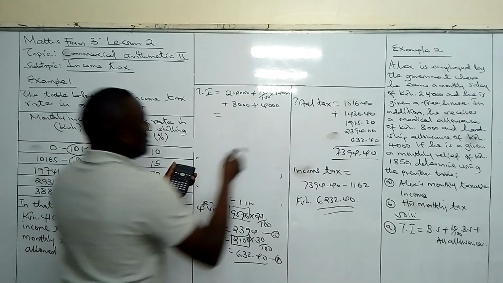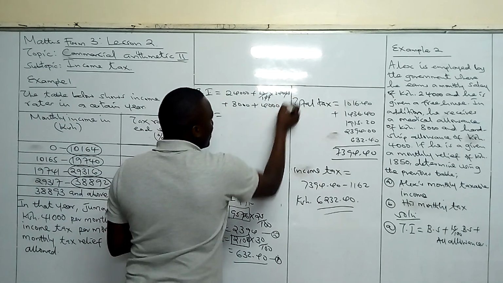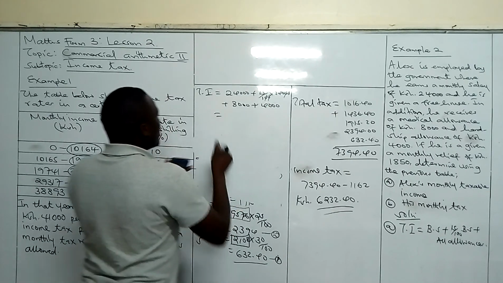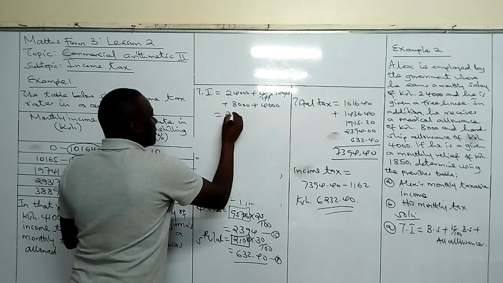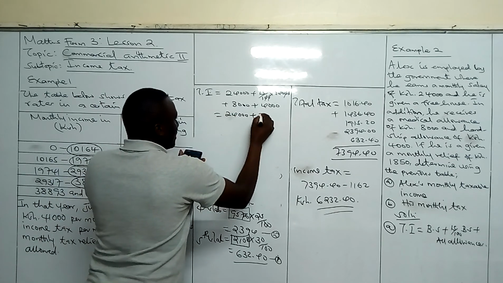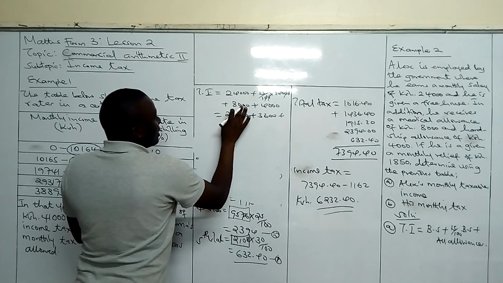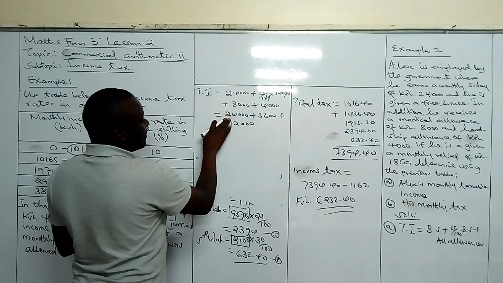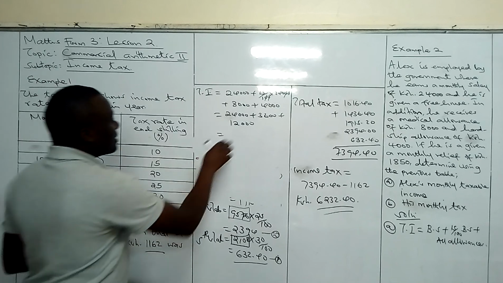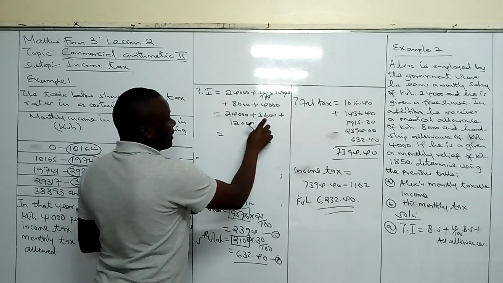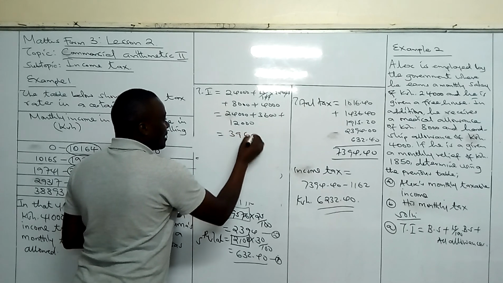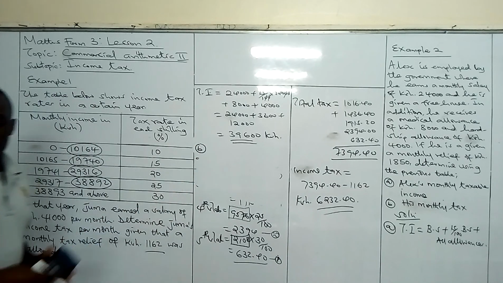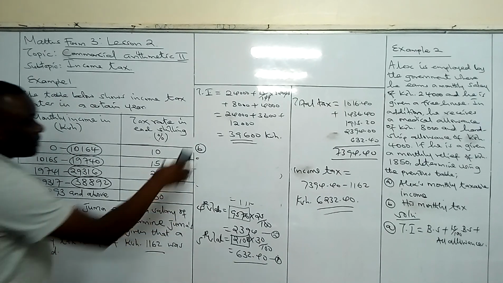So you will see me doing this. I will now say the two zeros will cancel. So I will have 15 times 240, which will give me 2400 plus 3600, then plus 8,000 plus 4,000 is just 12,000. So 12,000 plus 24,000 gives me 36,000. That 36,000 plus 3,600 will give us 39,600. That is our taxable income in Kenya shillings. I've already now answered your question. A, taxable income should be